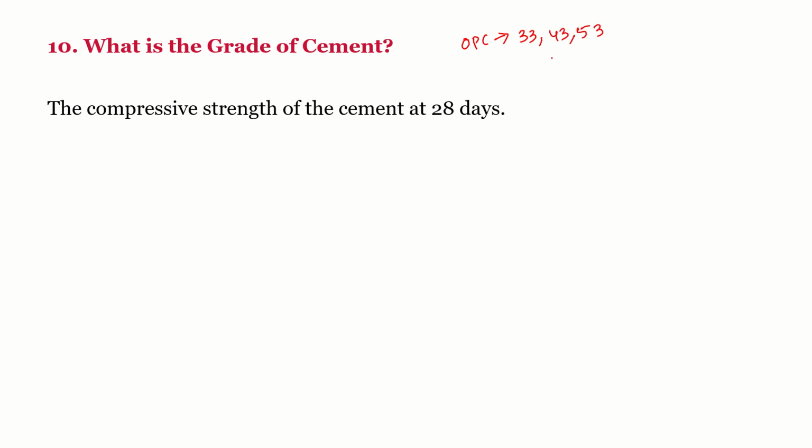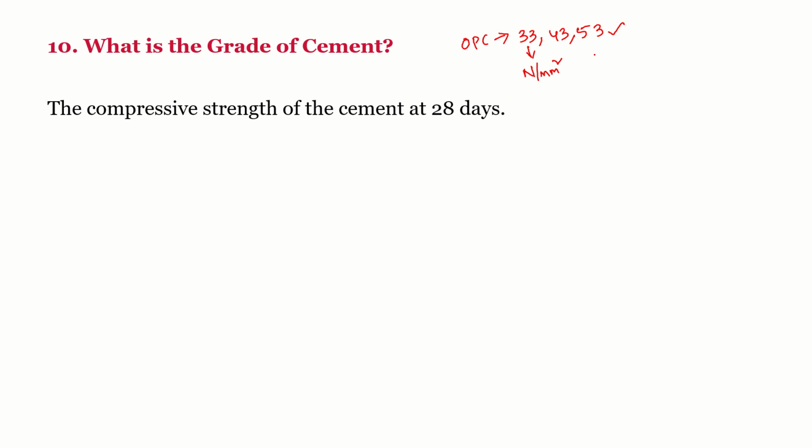These three grades will be written on the bags of the cement. You can see cement bags with 33 grade, 43 grade, and 53 grade written, which is nothing but the compressive strength: 33 Newton per mm square, 43 Newton per mm square, and 53 Newton per mm square. So one should understand that 53 is the highest value, meaning 53 is the high grade of cement which is